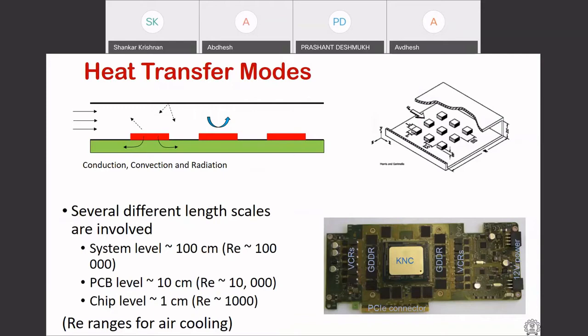I will discuss heat sinks probably either today itself or tomorrow. However, one of the biggest challenges is system level. If you look at a system that I've shown here,